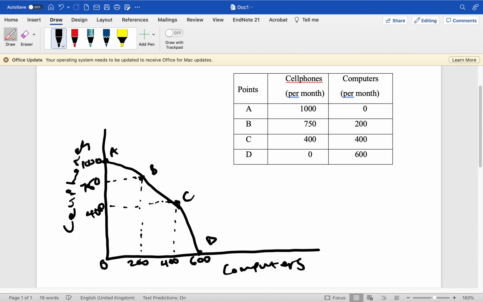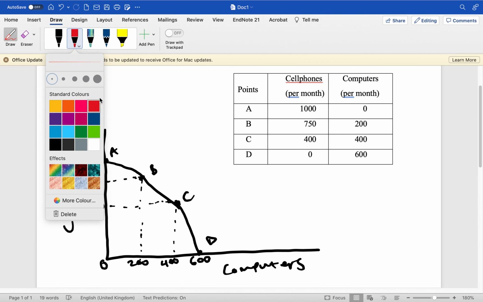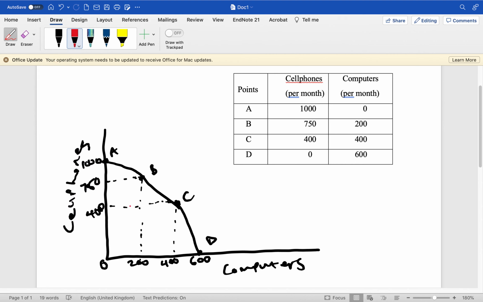As you can see now, our curve is negatively bowed out. So we have a negatively bowed out PPF in this example, and I would like to explain what is truly being illustrated by the PPF. The PPF is trying to address a problem of scarcity. So beyond the PPF line or curve, this point here is